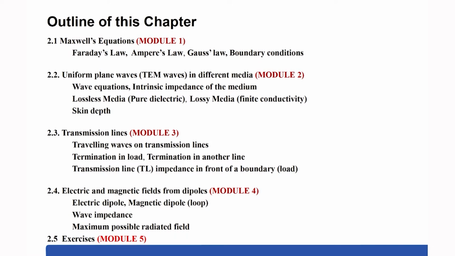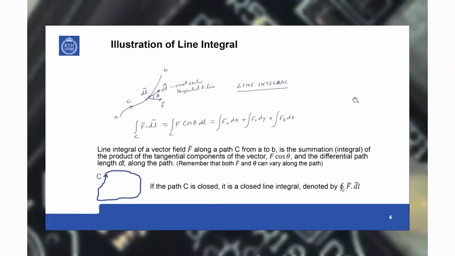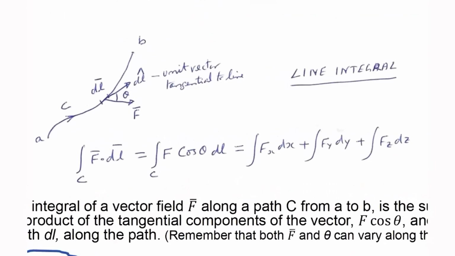Then in module 5, we will do several numerical examples. First, we consider the illustration of line integral, which will come in several of the Maxwell's equations. Imagine a vector field in space all around here, F. Here the bar above F indicates that it is a vector, that is, it has not only a magnitude but a direction also. Consider a path A to B,